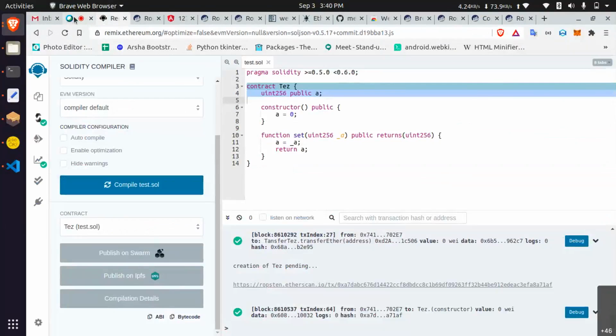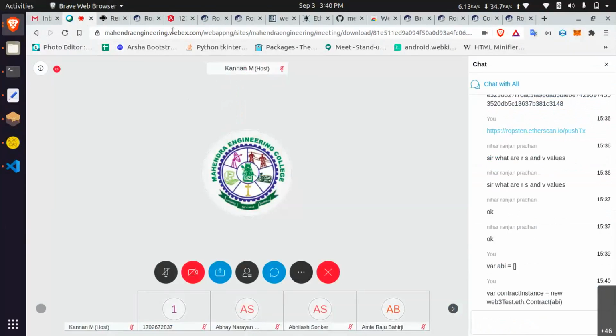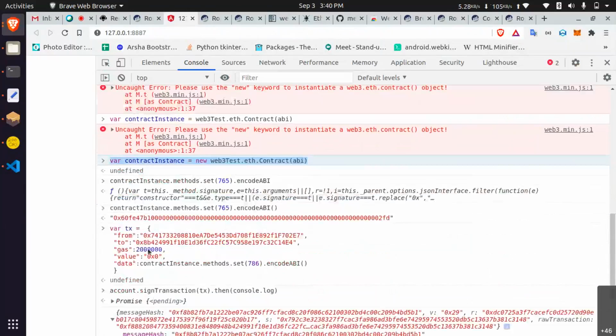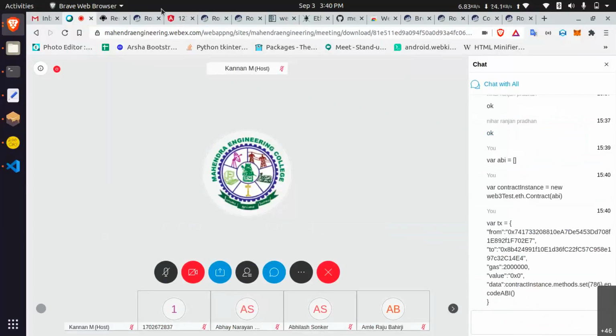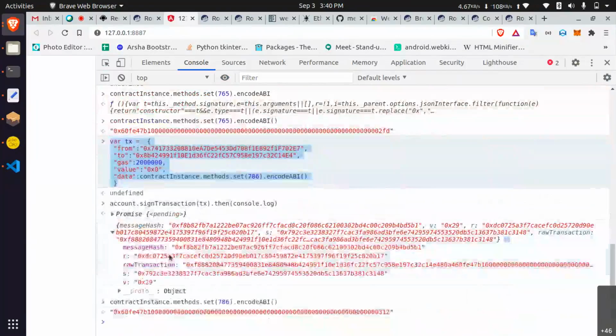This is for accessing the contract interface. In this, you need to call your own function here. I am using set. If you are using different names, you can use those. And then